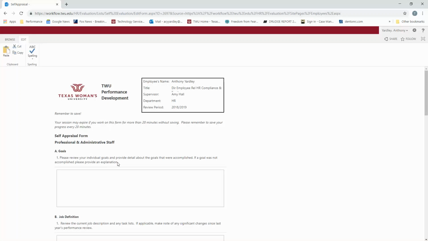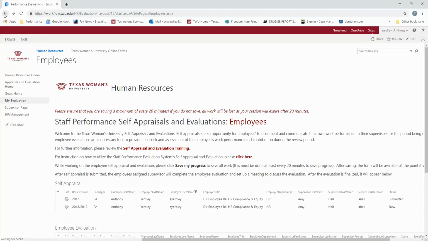Let's look at the first question. Please review your individual goals and provide detail about the goals that were accomplished. If a goal was not accomplished, please provide an explanation. This tells me that I really need to review my goals, and I can easily do that. I will go back by clicking on the button to the prior page. I will click on the Goals Home link,